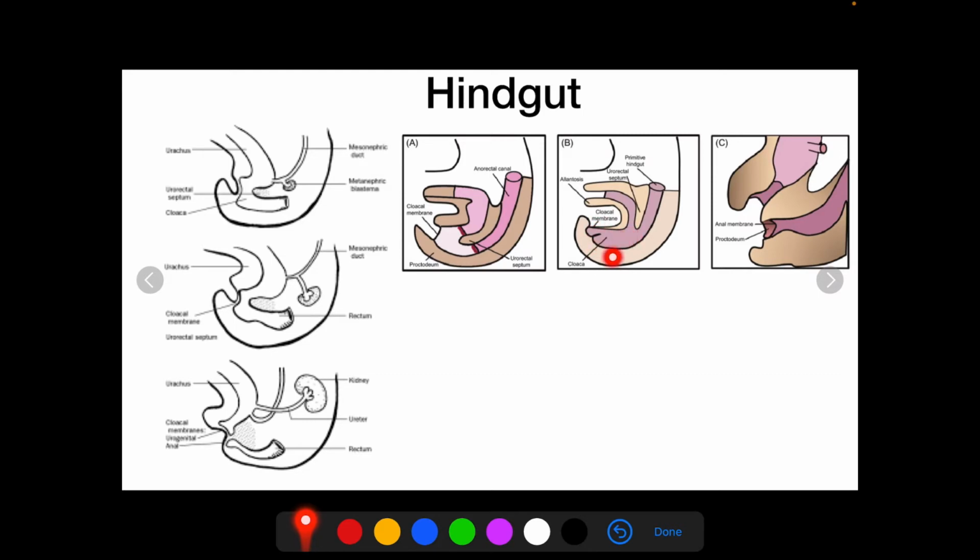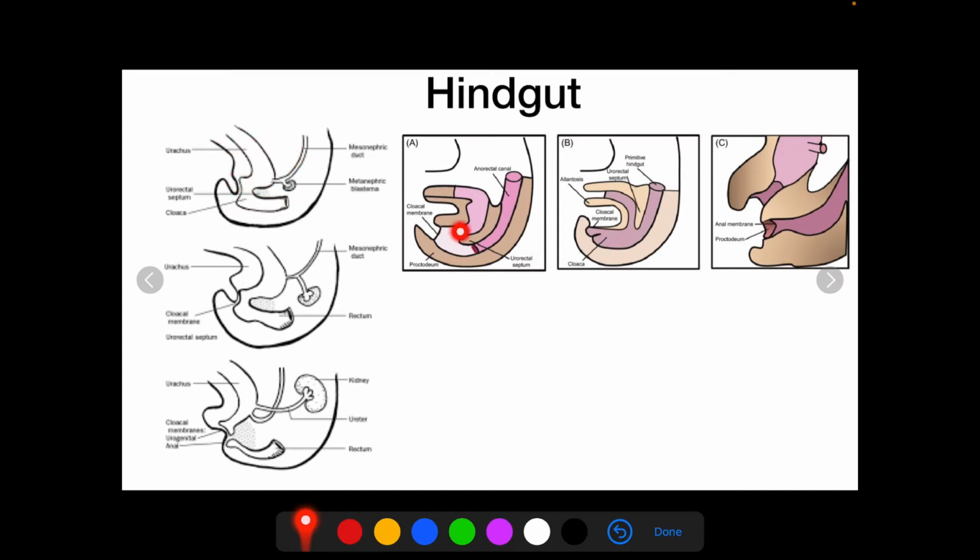It makes two spaces. This membrane is called the urorectal septum, forming two spaces. The posterior space forms the anal canal and GIT, and the anterior part is separated, the allantois, and